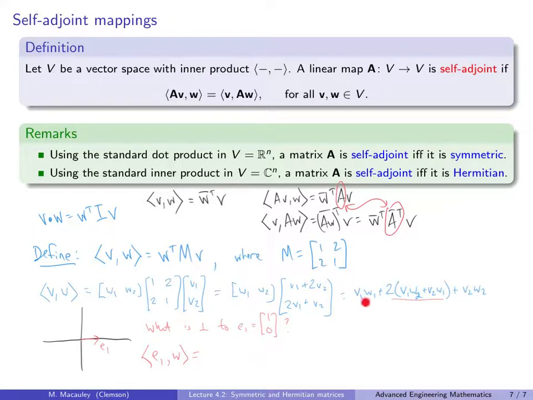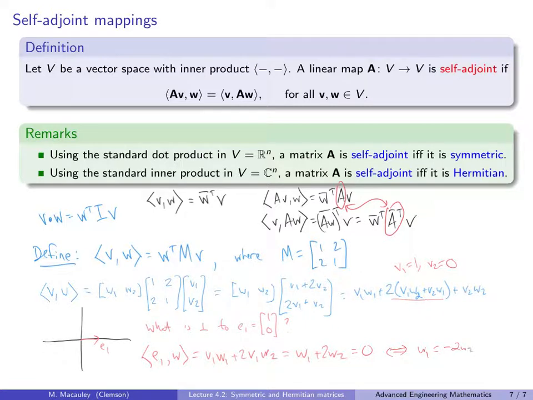So let's take this formula and plug in v1 equals 1 and v2 equals 0 and see what happens. If we do that, what goes away? These last two terms go away. So we get v1 w1 plus 2 v1 w2, and of course v1 is 1, so this is really w1 plus 2 w2, and for this to be orthogonal, this has to be 0. So if we set this equal to 0, then we get w1 equals negative